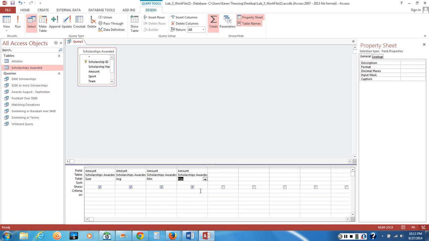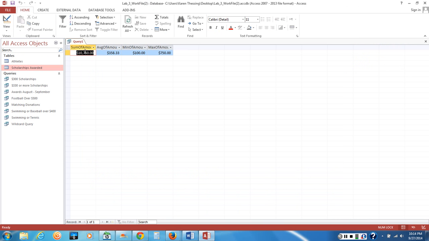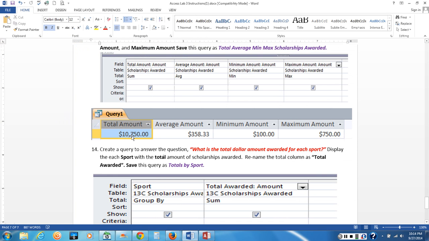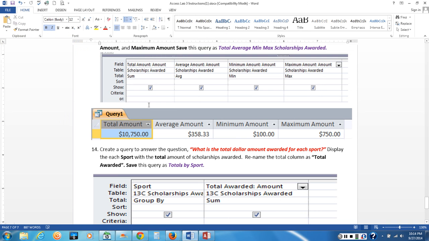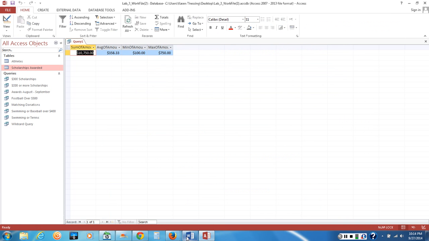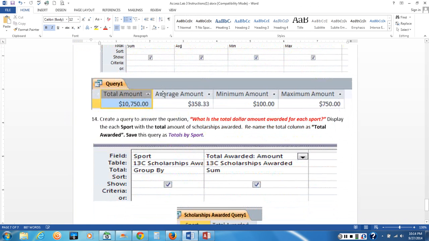Now, if we run this, click the Run button, and it shows you right here the sum is 10,575. I'm looking at mine. The average is 358.50, that's correct. Then 107.50, so it's correct, but the requirement was